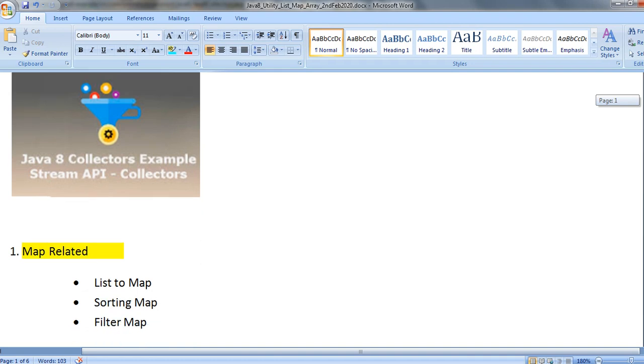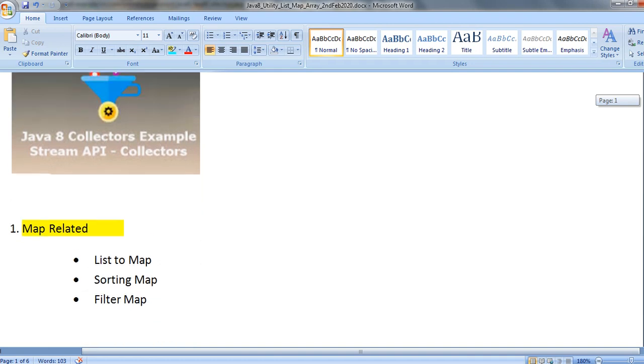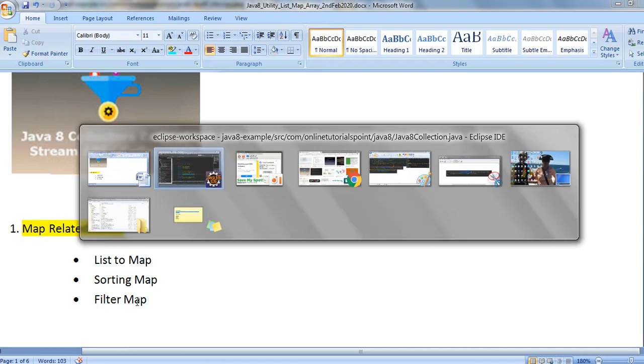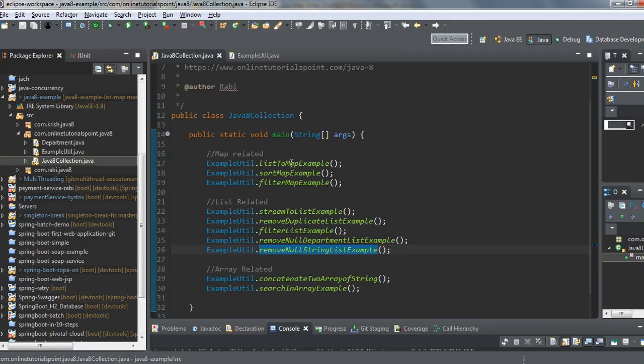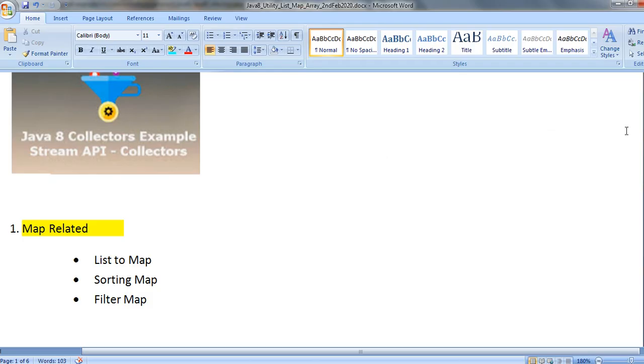Now let me discuss one by one. For the map related, that is list to map, sorting map and filter map. So here it is: list to map, sort map and filtering map. And for the list related, what I have covered here,